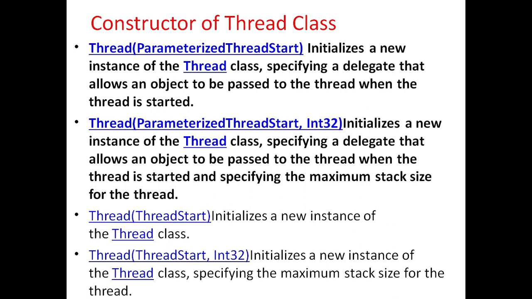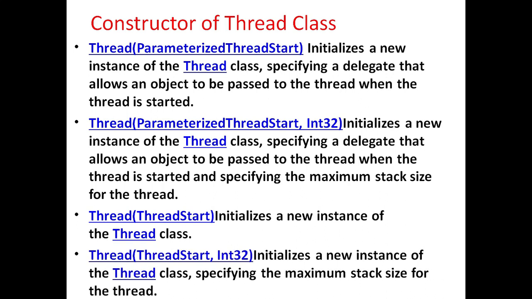Thread with ParameterizedThreadStart and an integer value initializes a new instance of the Thread class, specifying a delegate that allows an object to be passed to the thread when the thread is started, and specifying the maximum stack size for the thread. Then Thread with ThreadStart, which initializes a new instance of the Thread class. Thread with ThreadStart and an integer value initializes a new instance of the Thread class, specifying the maximum stack